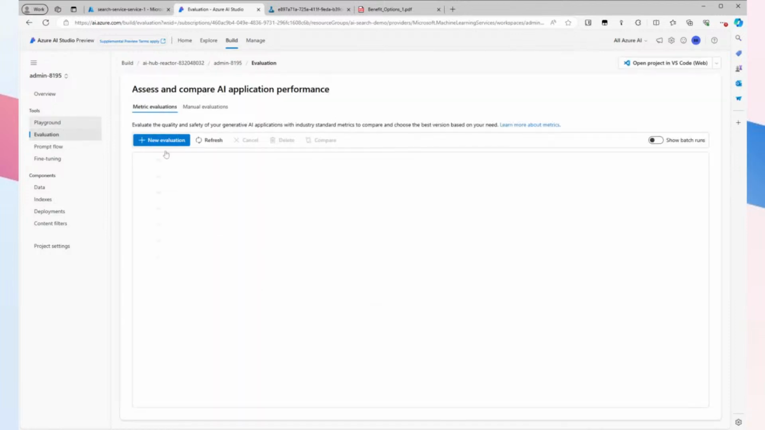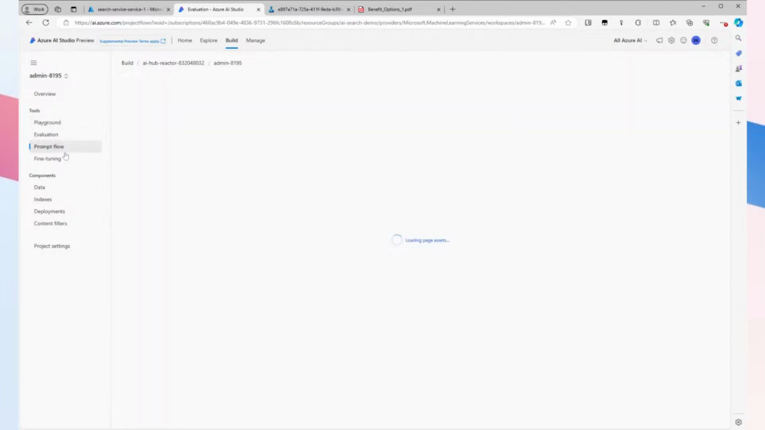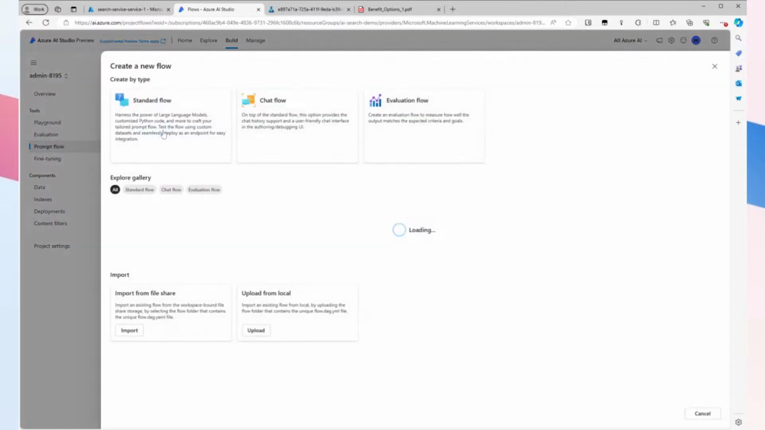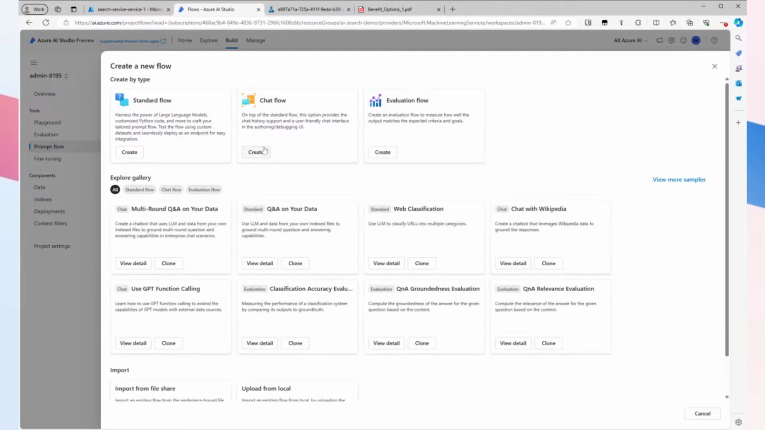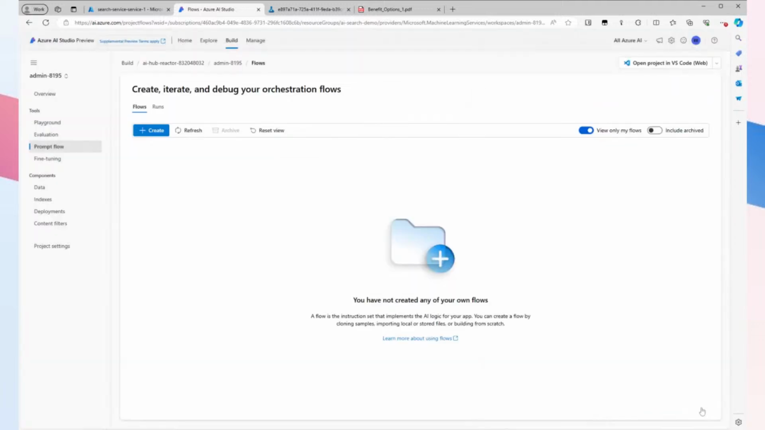How do we make sure that we take the prompt that the user has given us and change it slightly? So let's go and create a new chat flow. That's what we want, by the way. So we want to go into prompt flow. This is what lets us do